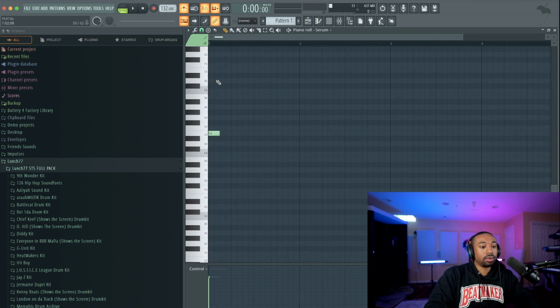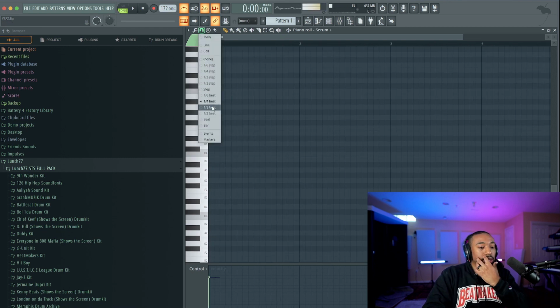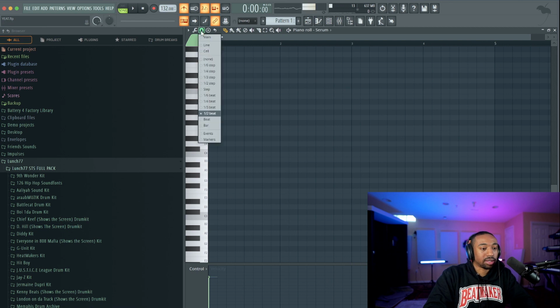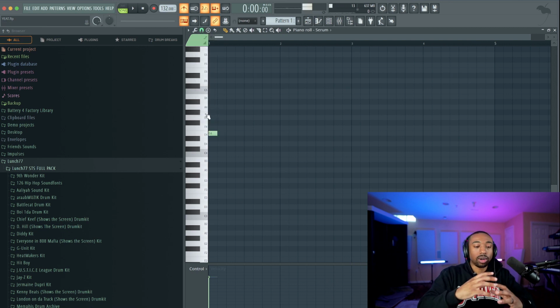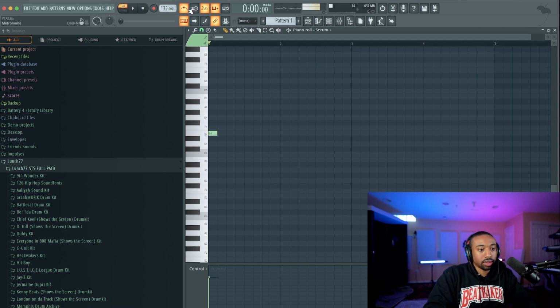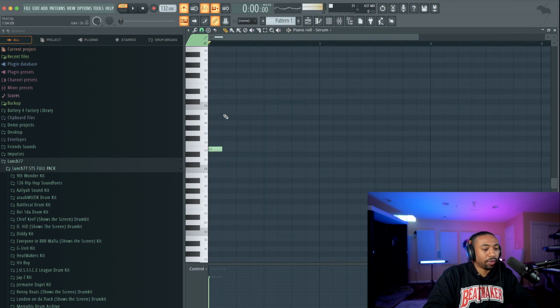Okay, now for melody, let's change this to half beat, our snap to grid, so that we have bigger chunks to work with. We can always get microscopic later. Okay, let's go to pattern mode. Let's turn on the metronome so we're in time. Now the first technique you could use is simply an arpeggio, which is taking a simple chord and playing the notes individually. So EGB is called the E minor chord. You could do something like that, but it's pretty basic.